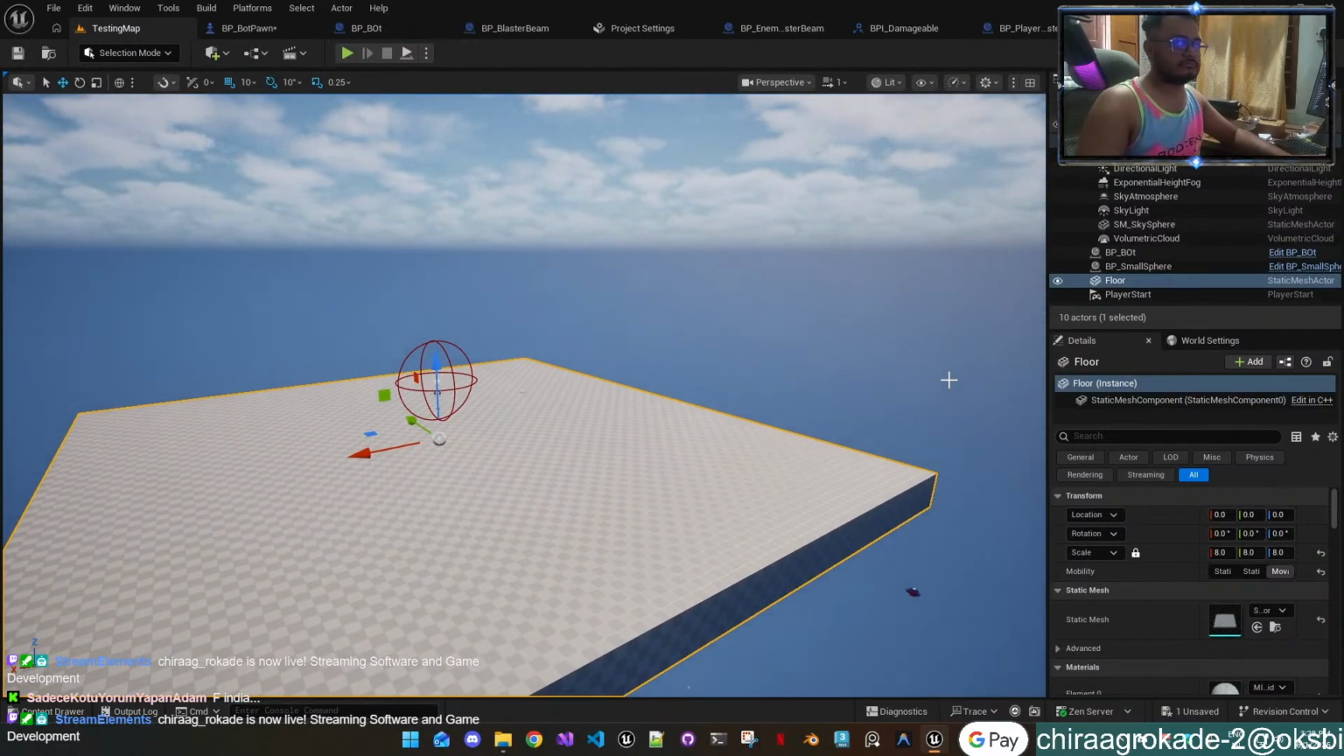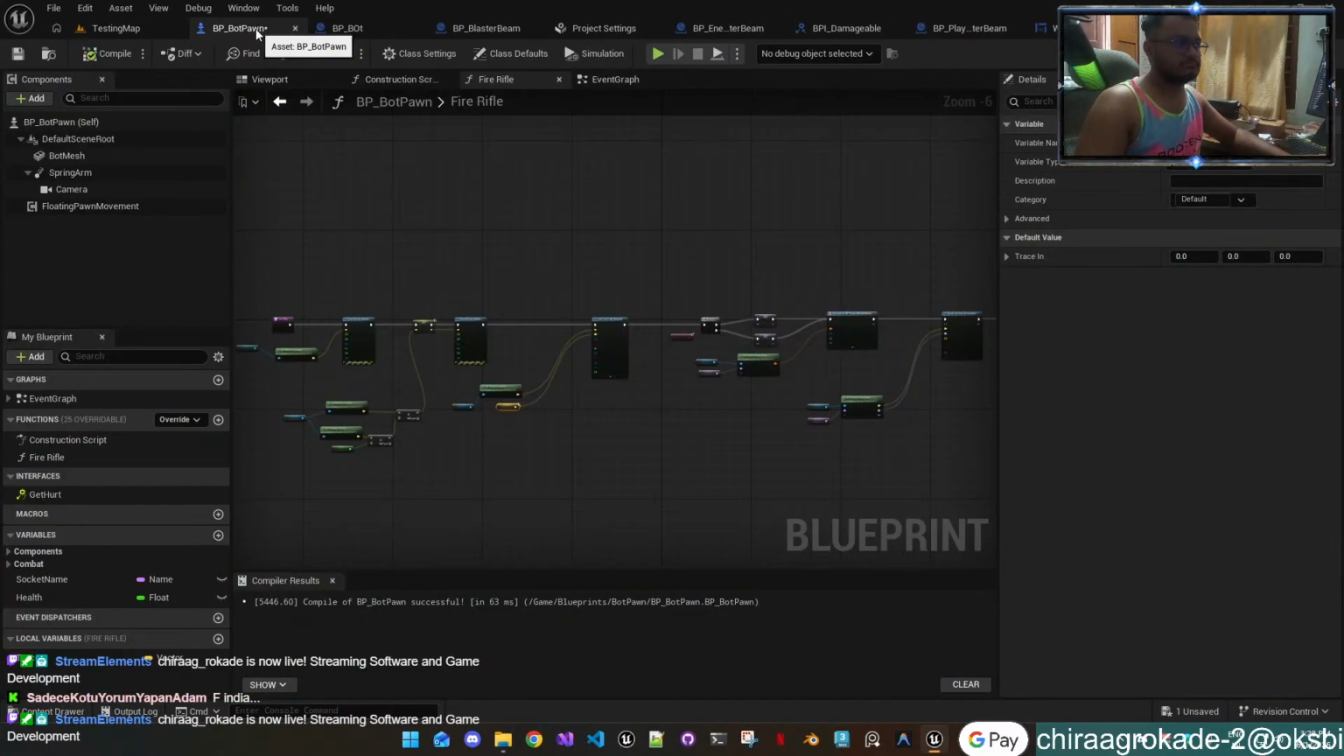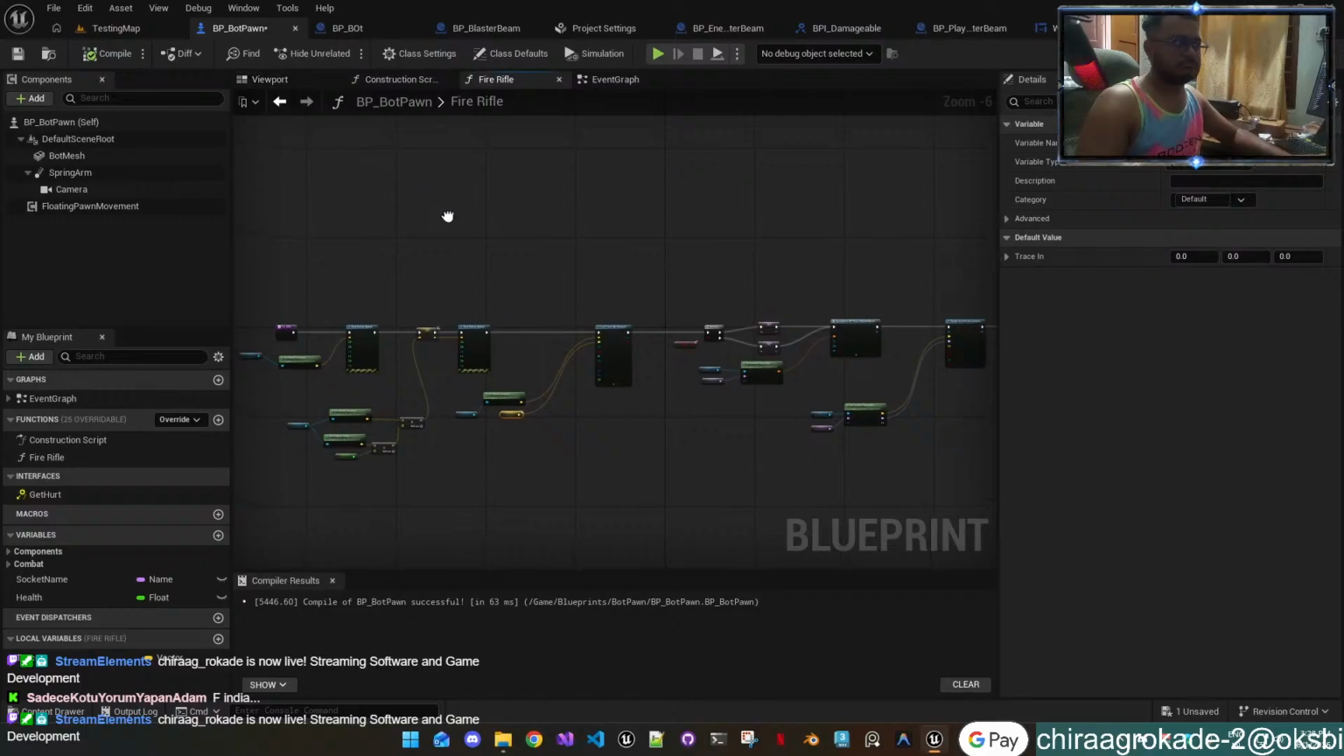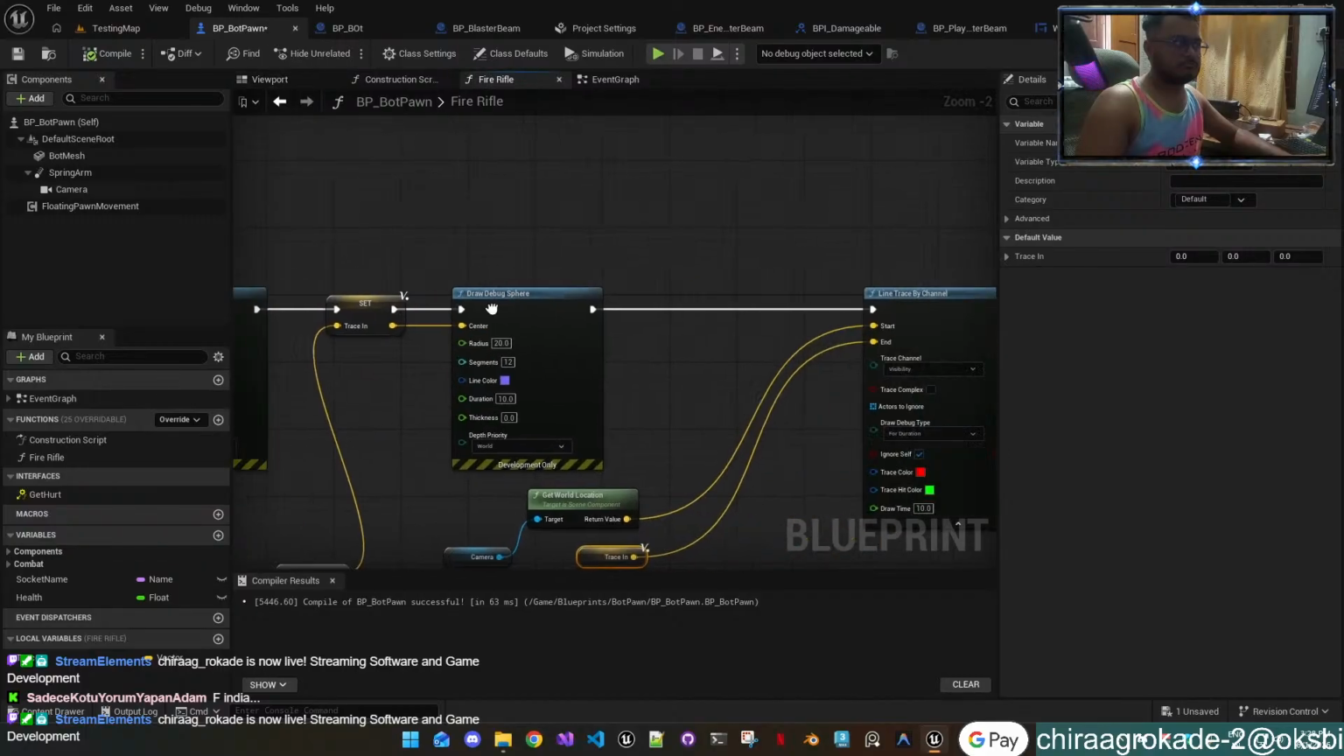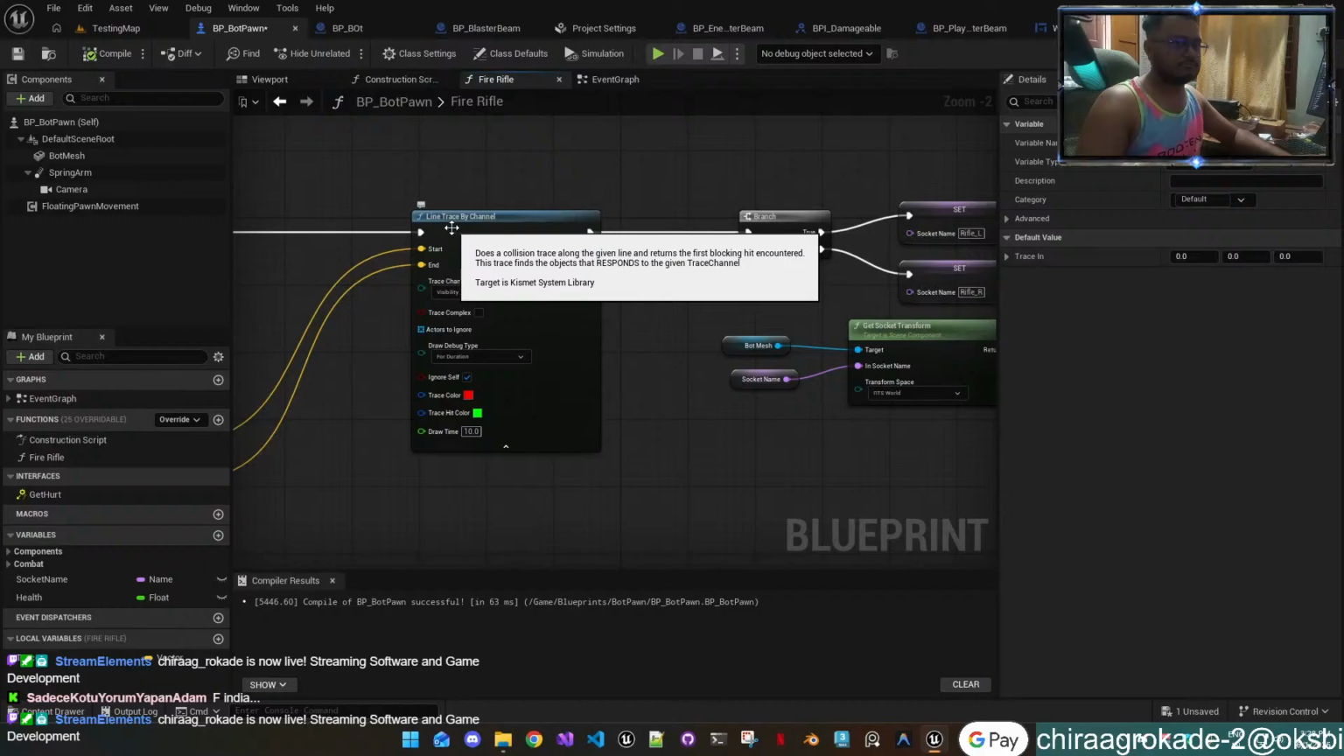So let's go back to our bot pawn and decide how we're going to use the information from our line trace. Now here's the thing, our line trace may or may not get a hit. We won't get a hit if our line trace doesn't hit anything. If I aim up at the sky, for instance, well,